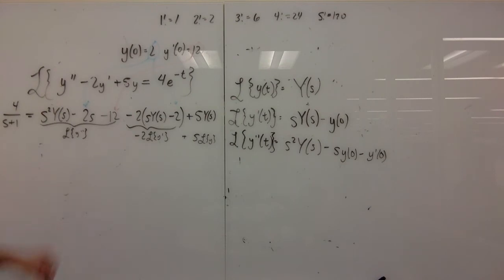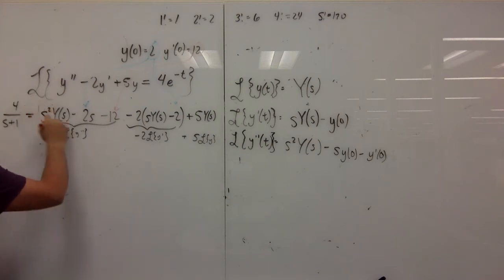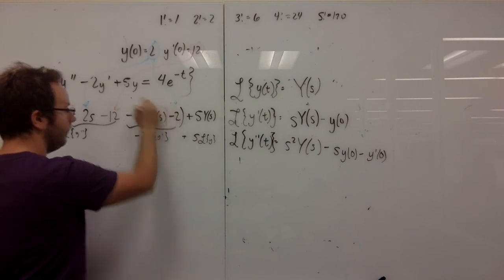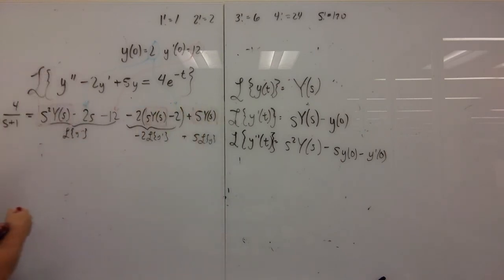All right, we can clean this up a lot, so I'm going to do that right now. In fact, here's what I'm going to do. I'm going to keep the terms that contain a Y of s on the one side. Every term that doesn't contain a Y of s, we'll move over. So we're going to end up with